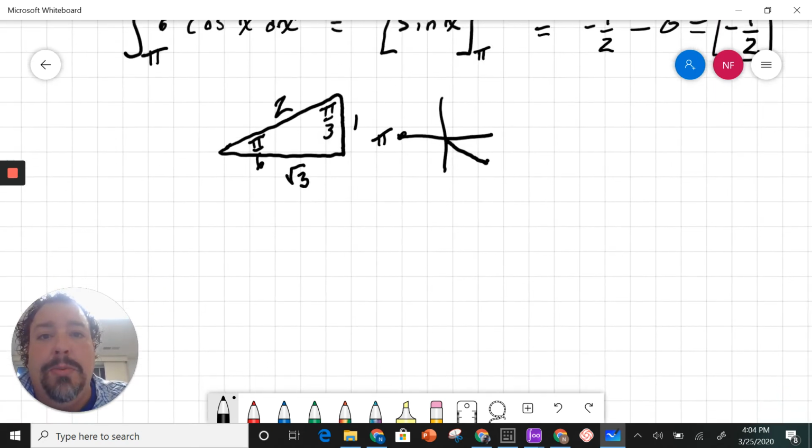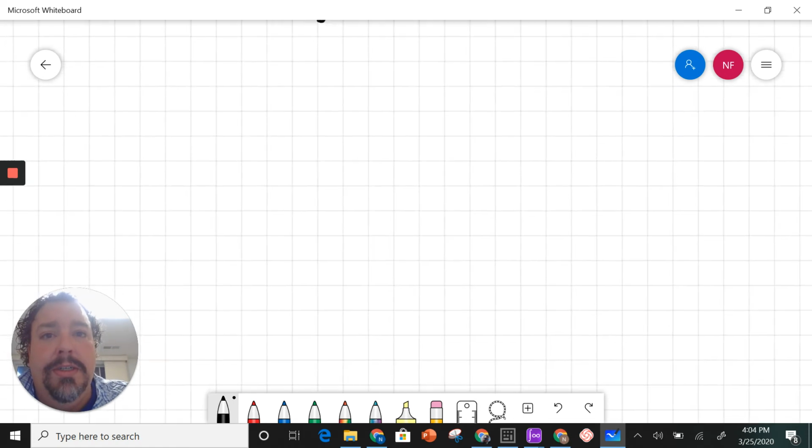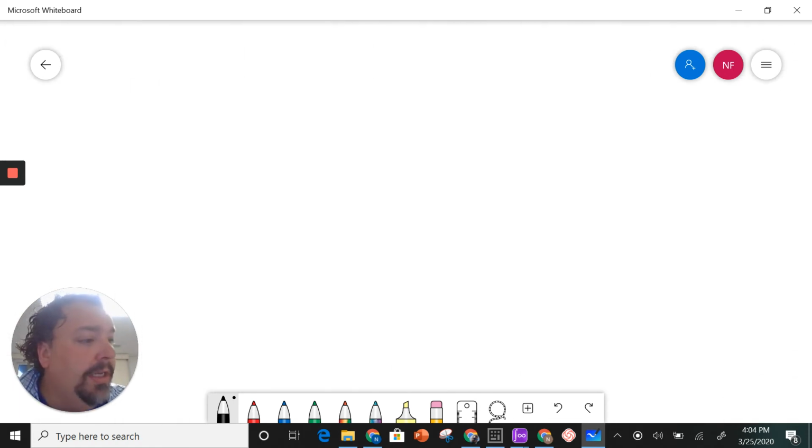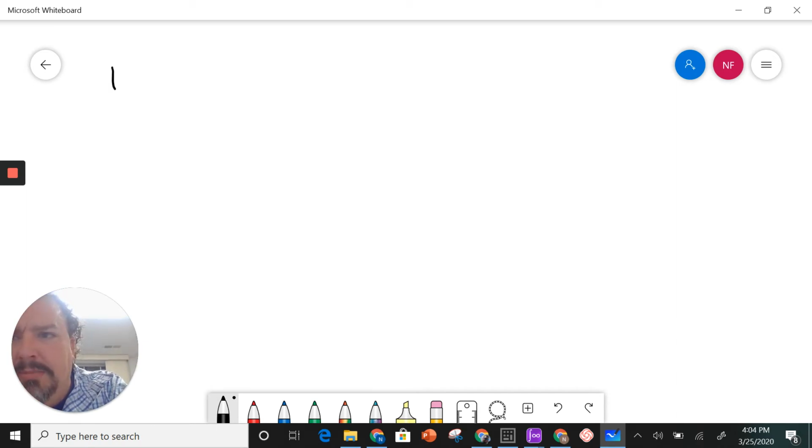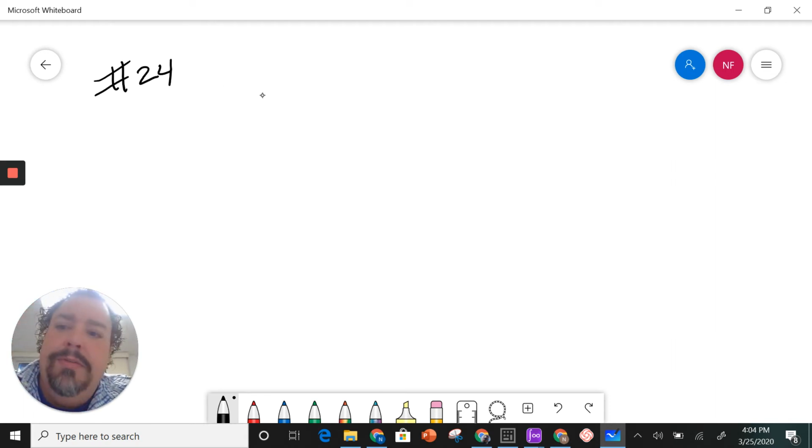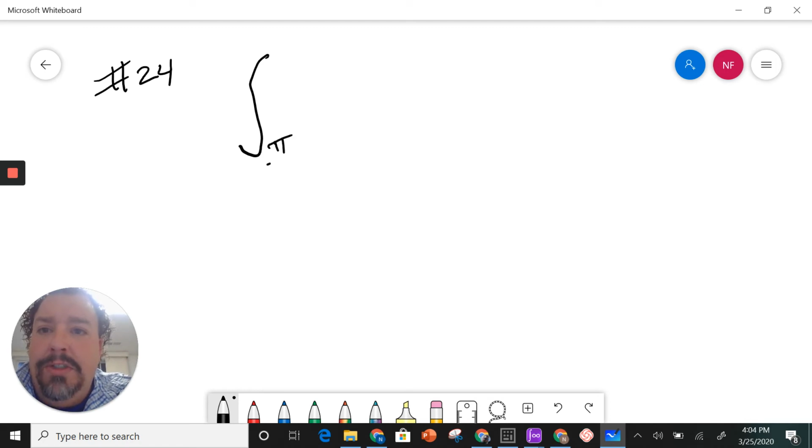The next problem is 24. So I'll just put that up there. And 24, kind of similar. Again, it's a basic trig function, but this time I'm going to put my number 24. We've got the integral from pi over 2 to 2 pi over 3. And this one is of negative cosecant squared